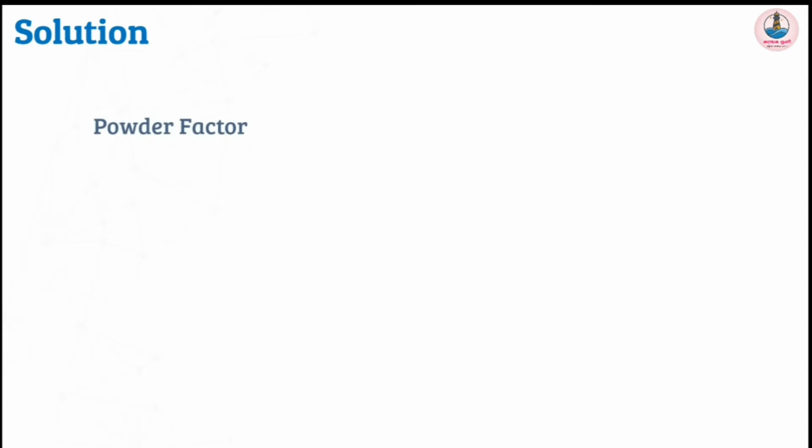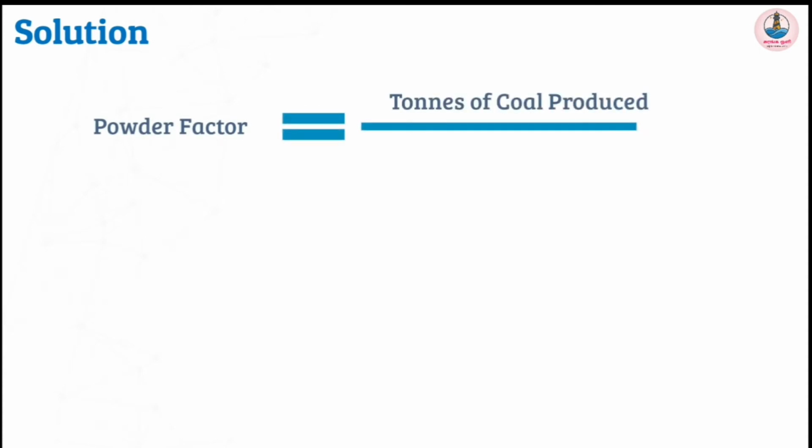So, powder factor is equal to the tons of material produced, here coal, divided by kgs of explosive used for that blasting. In this question, they have given that the powder factor for the blast is